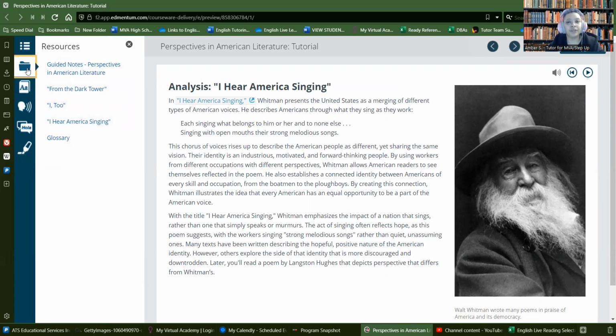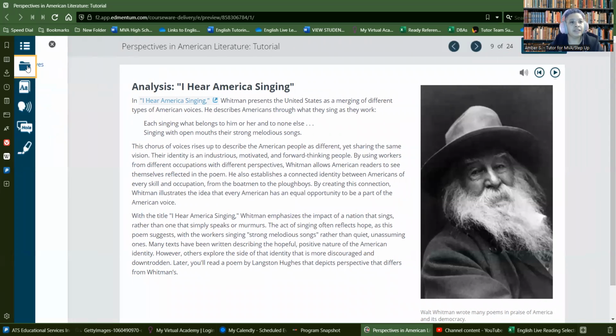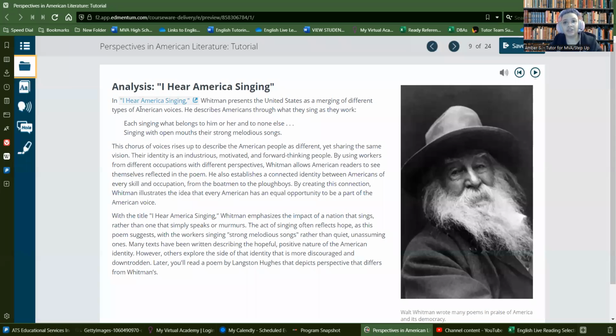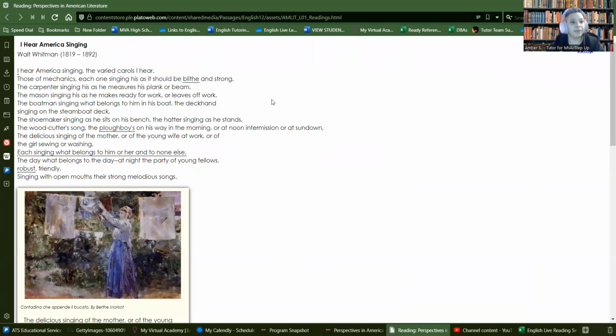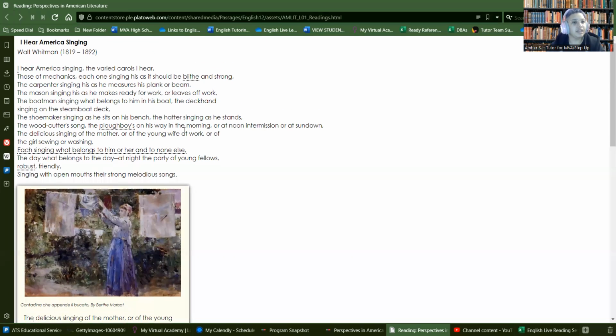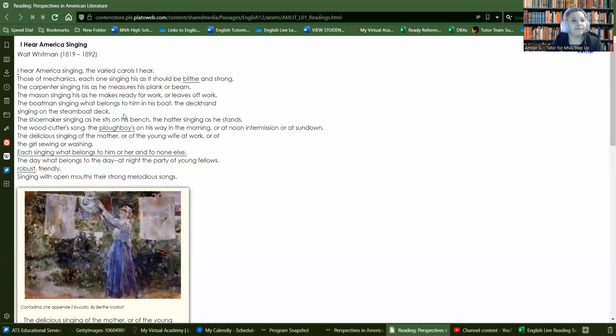If you haven't gotten to this point in the tutorial, though, you won't have any of the information that the lesson gives you before you get to the reading selection. And we highly recommend that you actually go through the lesson and try to take your notes, look at the material, because it gives you a lot of background that can help you understand what's going on here. So without further ado, we're clicking on the link and we're opening it up. I believe this is the entire poem right here. Yes, it sure is. So we're just going to read through it.